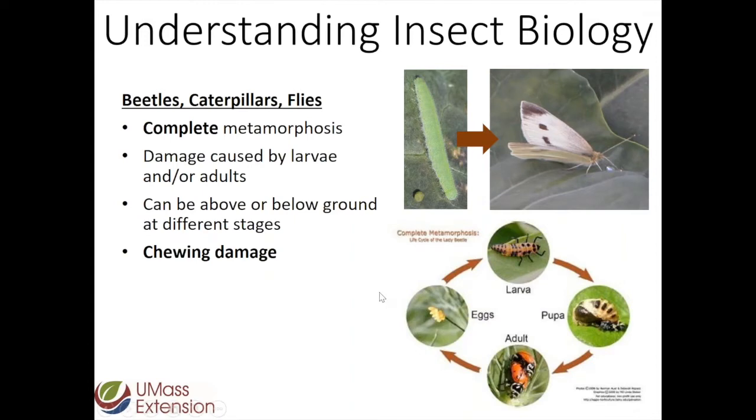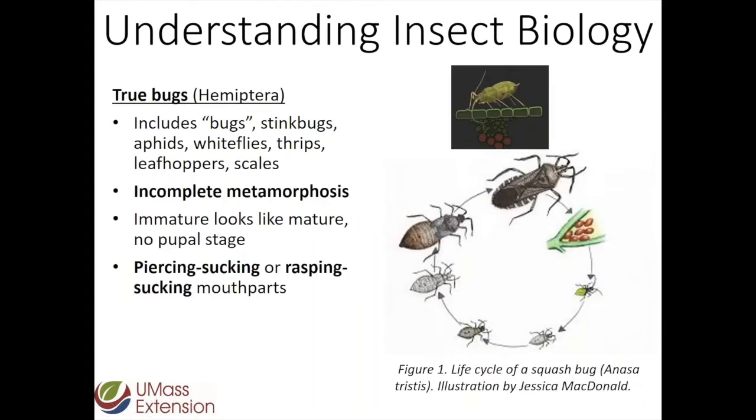There are insects that have complete metamorphosis, so they have an egg stage, and the eggs hatch into a larva. The larvae then pupate and turn into an adult that looks totally different than the immature stage. Caterpillars are a good example of this, as are beetles and flies. Sometimes the larval stage is underground and the adult is above ground. But all of these have this chewing type of damage,